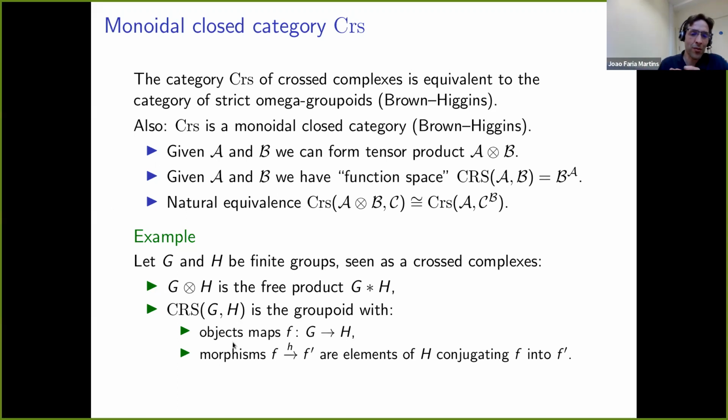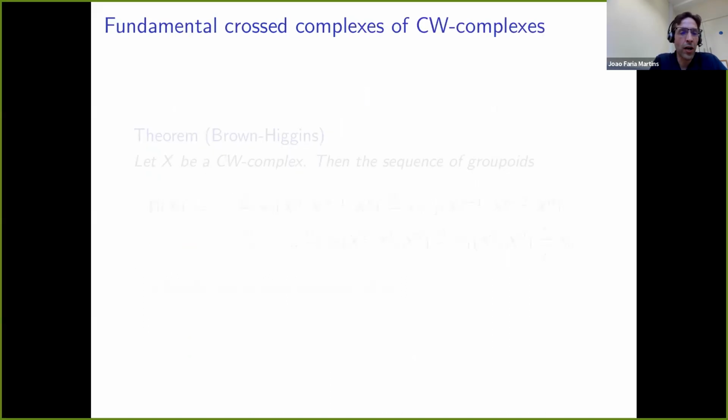So the general case of this CRS(G,H), where G and H are crossed complexes, is more or less like this, but with several other things to check. So it's actually a glorious construction, this monoidal closed structure in the category of crossed complexes. And if you look at the construction of it, you see how glorious a construction it is. Right, so